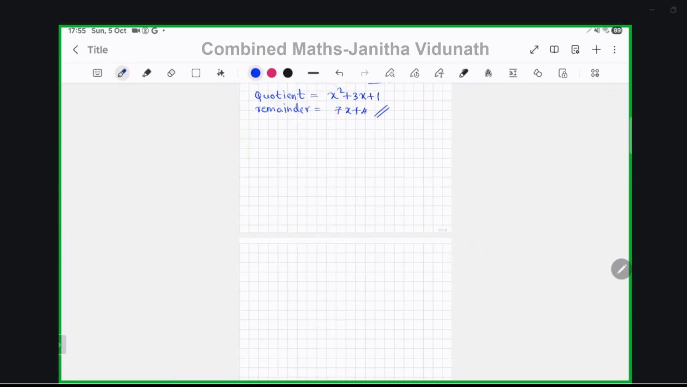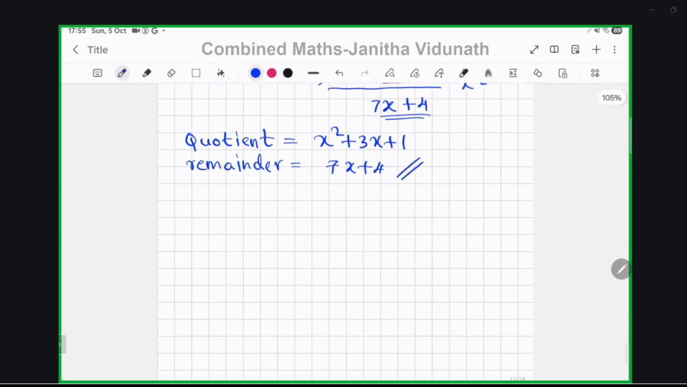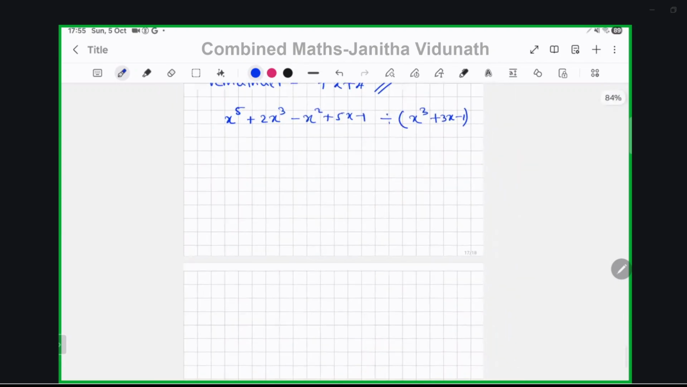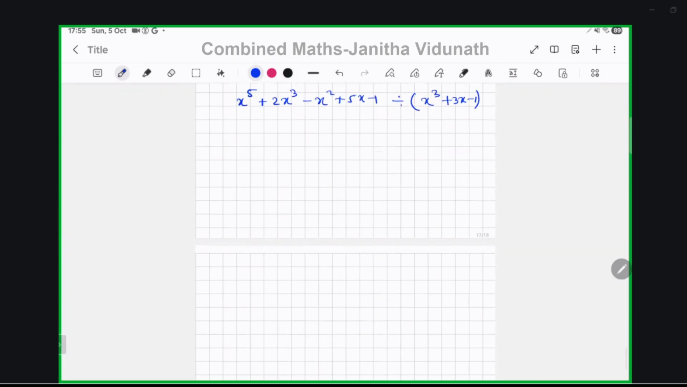Second question was x to the power 5 plus 2x cube minus x square plus 5x minus 1 need to divide by x cube plus 3x minus 1. Here our divisor is x cube plus 3x minus 1. And our dividend is